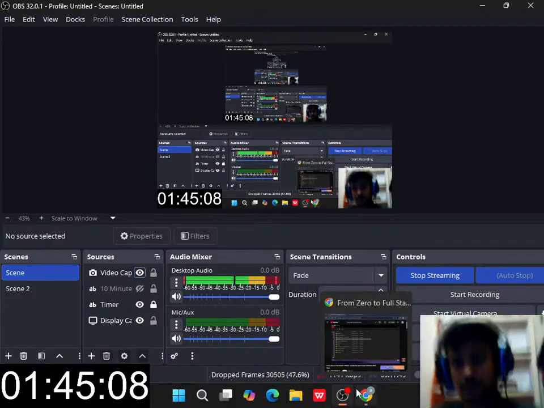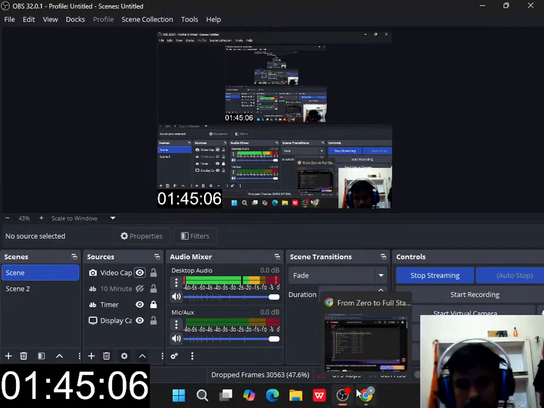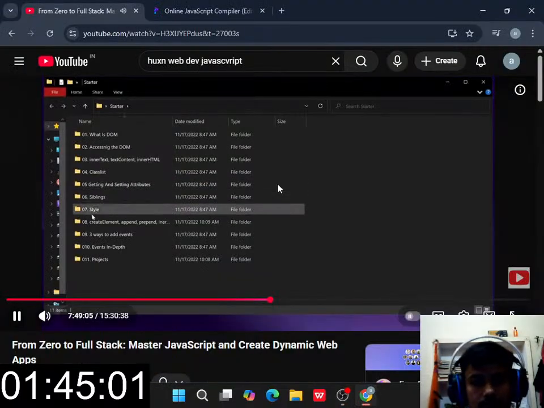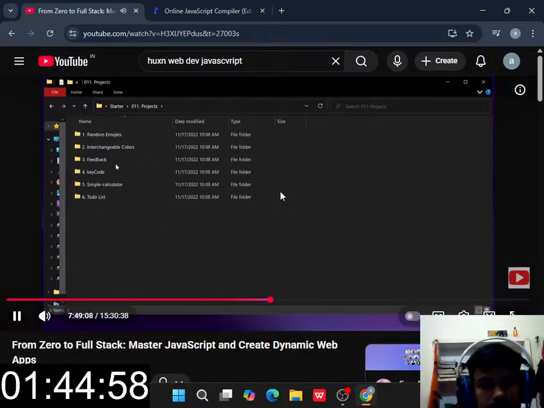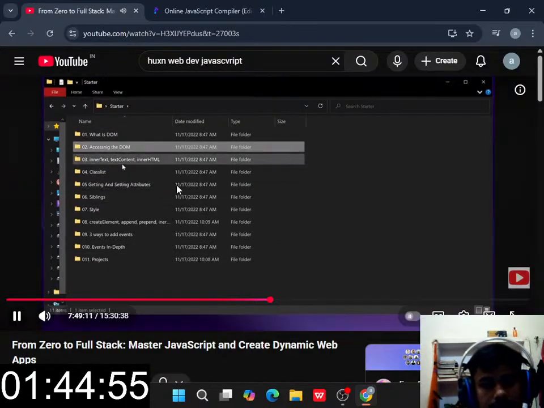If you just open this folder right here, we have a few other folders, like what is a DOM, accessing the DOM, inner text, content, HTML, class list, getting and setting attributes, sibling style, and so on, and we also have this folder for projects as well. I want you to just download this starter